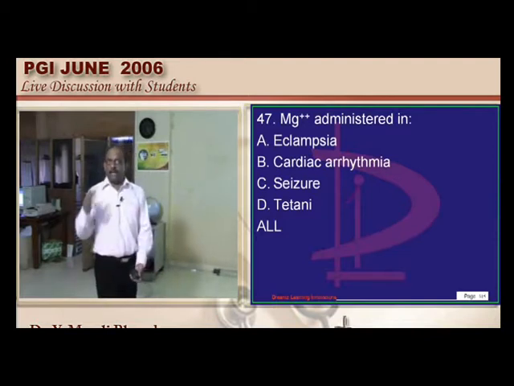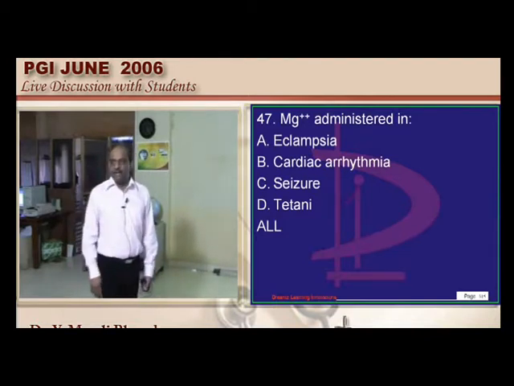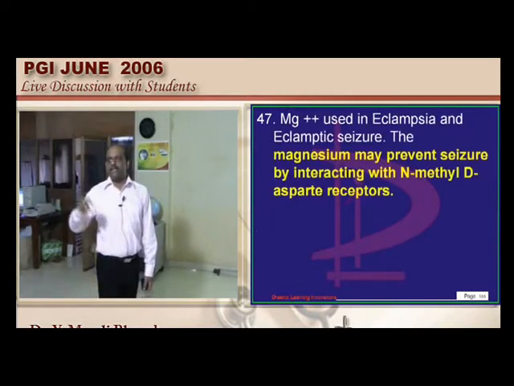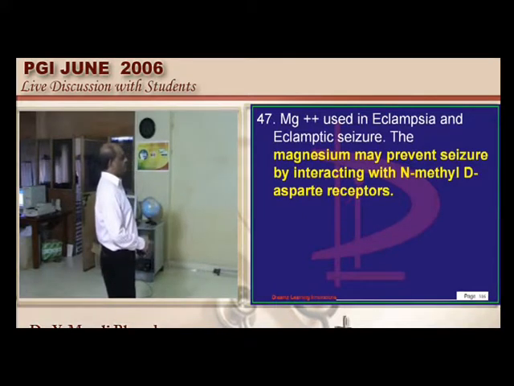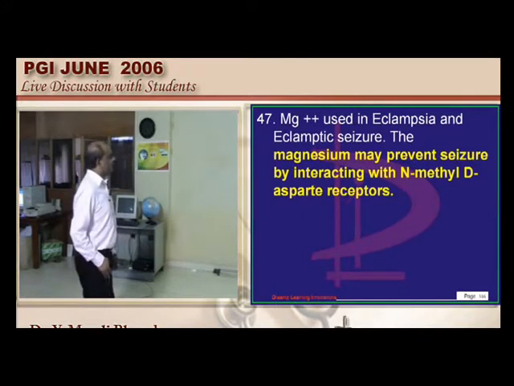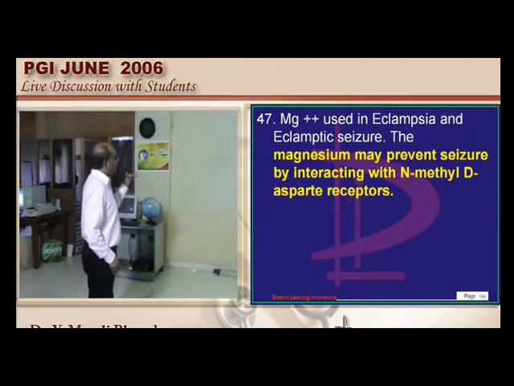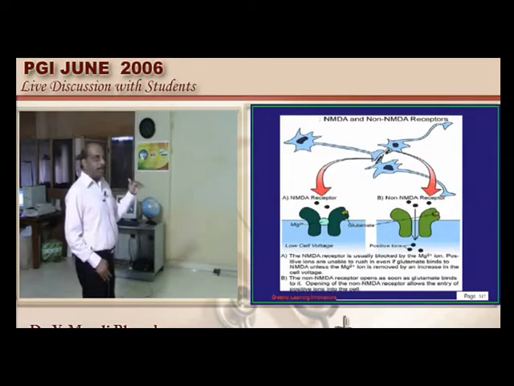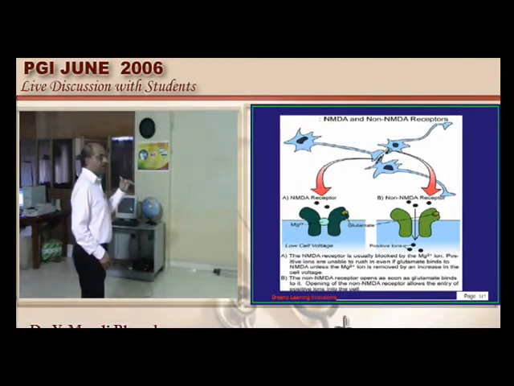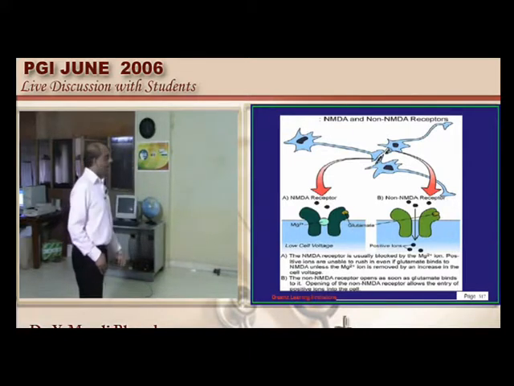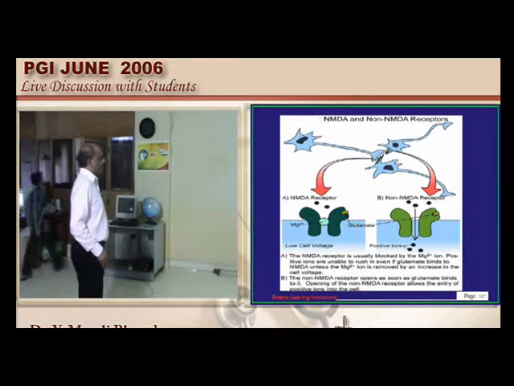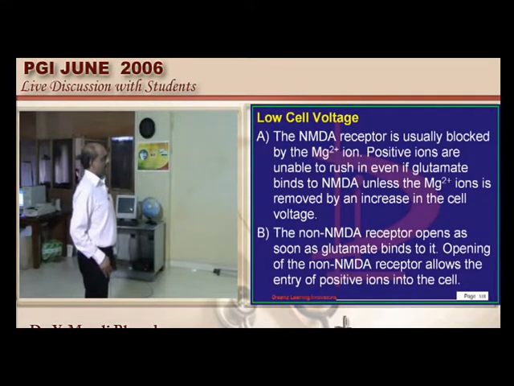Now how does magnesium help to bring down the seizures at the level of the brain? It is the NMDA receptors, N-methyl D-aspartate receptors, and the interaction with them is responsible. So you can see that these are the neurons, you have the NMDA receptors, and hyperexcitability of these NMDA receptors is the one which is responsible for the seizures which you see in the case of the eclamptic women, and this NMDA receptor is blocked by the magnesium ion is what we have to basically understand.